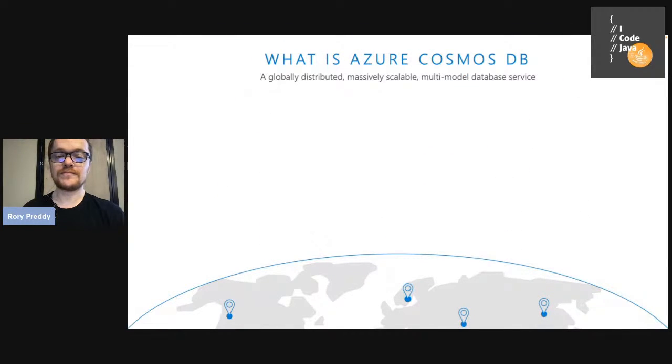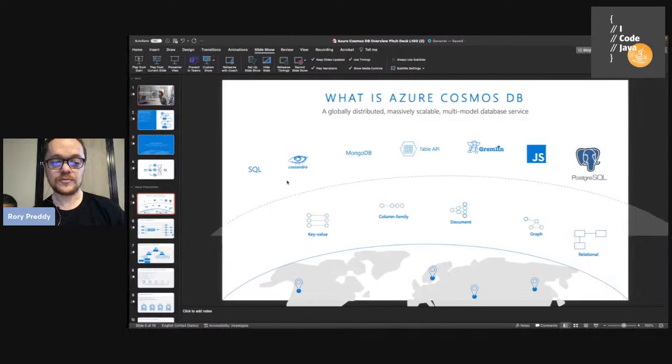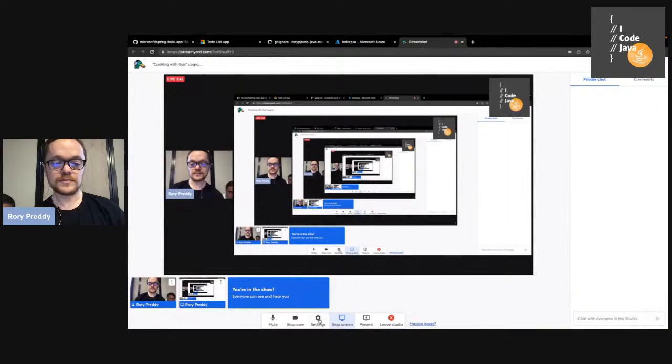So what's Azure CosmosDB? We mentioned it's globally distributed, so it scales really well. But it's also multimodal. What that means is that it doesn't have a single database engine. It's filled with multiple modalities of data. The simplest version is something like a key value store. You've all worked with key value data.